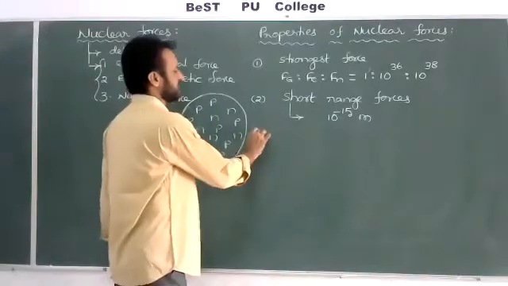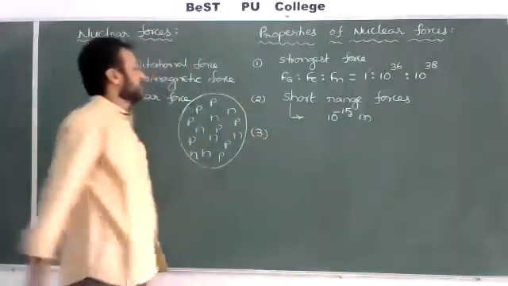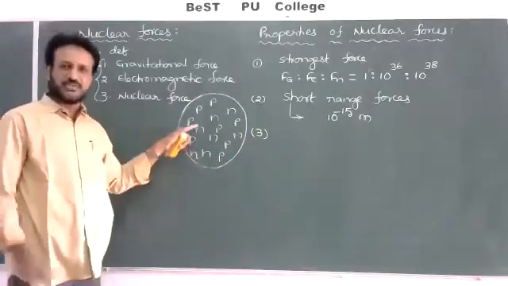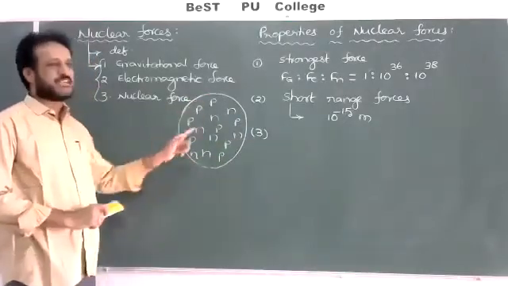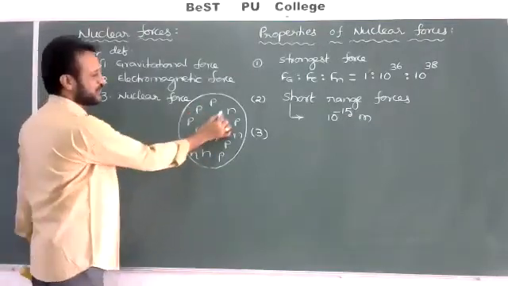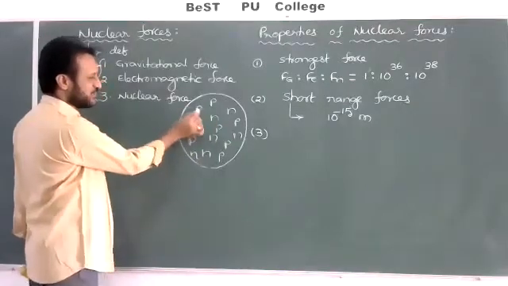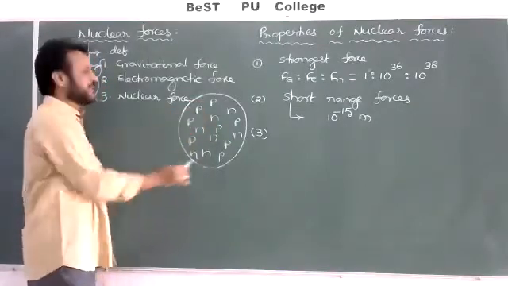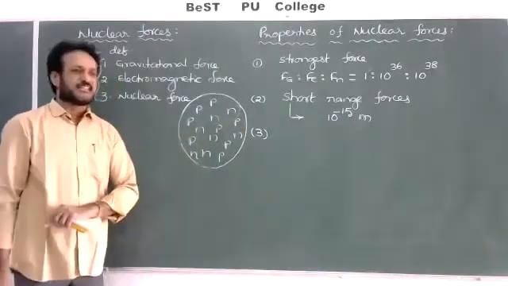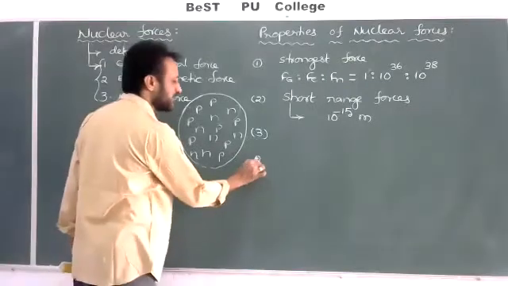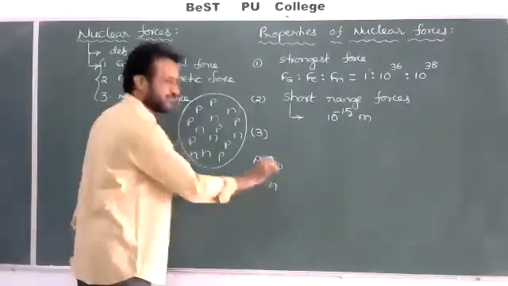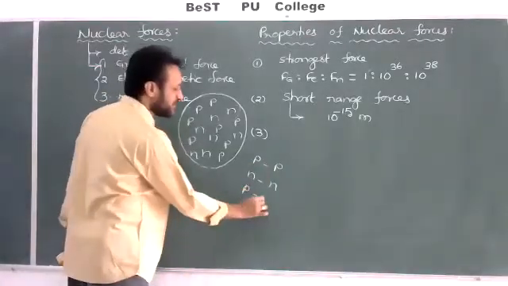One more point we can write. Inside the nucleus, only nuclear forces act among the nucleons. But a proton has a charge, while a neutron has no charge. In a proton-neutron pair, one is charged and one is uncharged. But even though there is no charge, nuclear force acts among the neutrons also. So there is nuclear force between proton and proton, between neutron and neutron, and between proton and neutron also.